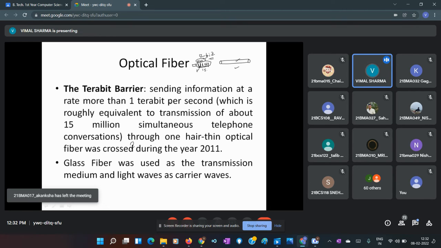Okay. So what we are claiming here, or what is achieved today, it is 10 billion. We can send 10 billion such digital bits per second through optical fiber. I'm not talking about 12, it is 10 billion digital bits per second that can be sent through this optical fiber. So this is the capacity of your optical fiber to carry information signal. And this can be further increased to trillions of bits per second